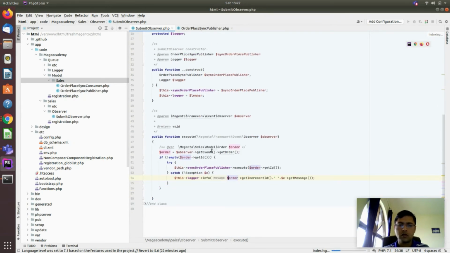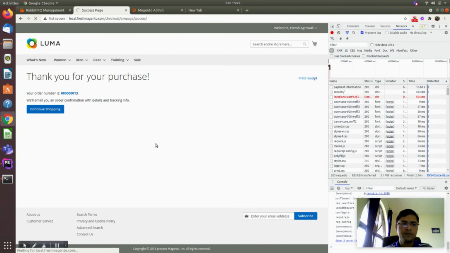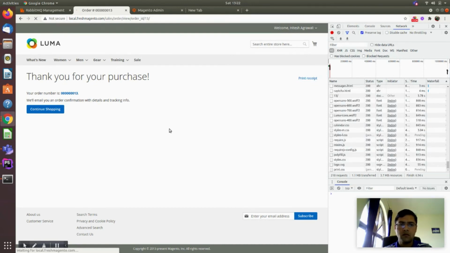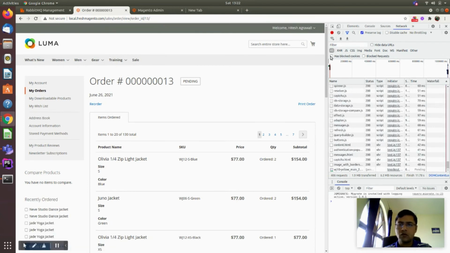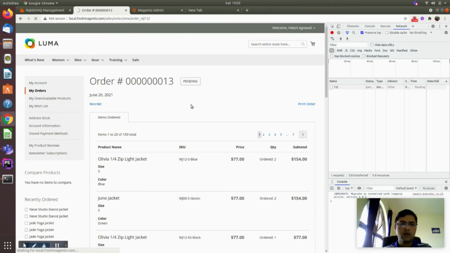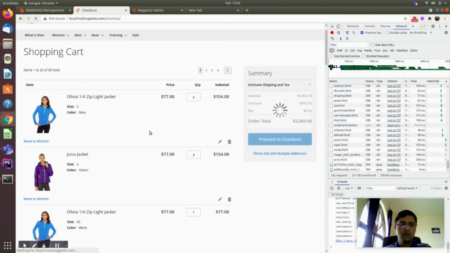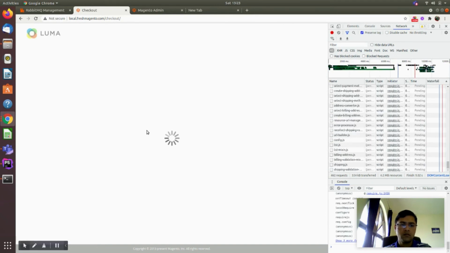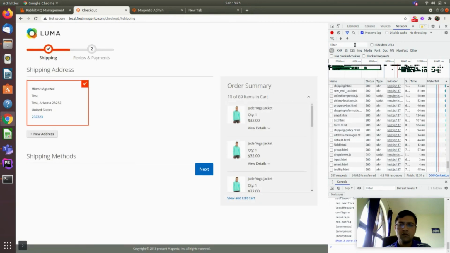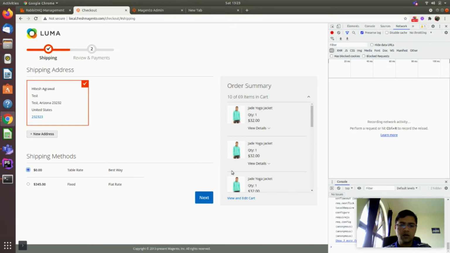So now we will place one order, and we will see this message in our RabbitMQ. Let's place one another order.